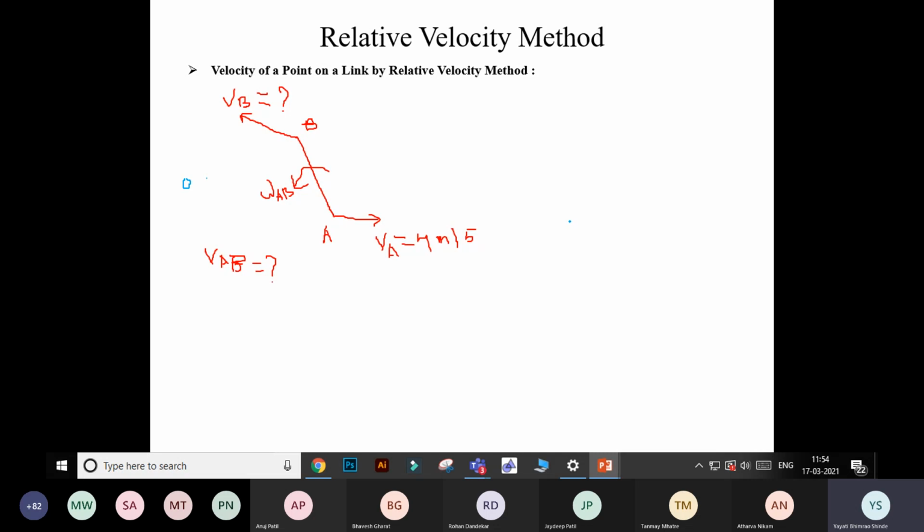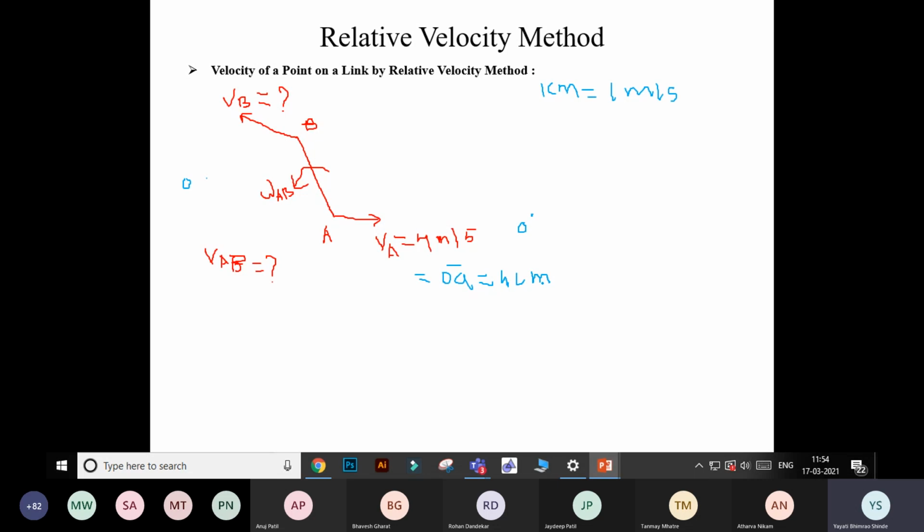Okay, now first of all I will take the scale to draw the vector diagram. I will take the scale 1 centimeter is equal to 1 meter per second. First of all, you have to locate the fixed point, which is your O. To this fixed point, you have to draw a first vector whose velocity is known. The absolute velocity of A is given here as 4 meters per second, which means you have to draw a first vector OA. In terms of scale, the distance of OA is equal to 4 centimeters.